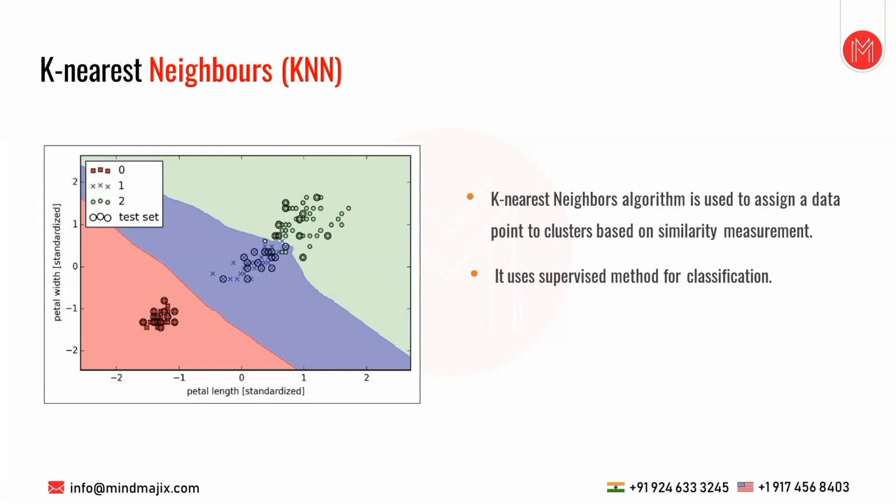The K nearest neighbor algorithm is used to assign data points to clusters based upon a similarity measurement. It uses a supervised method for classification. K-nearest neighbor is a simple algorithm that stores all available cases and classifies new cases based on a similarity measure, for example, a distance function. KNN has been used in statistical estimation and pattern recognition already in the beginning of the 1970s